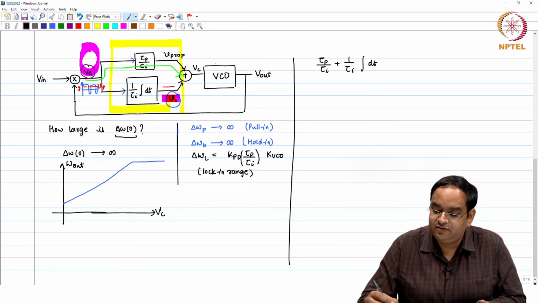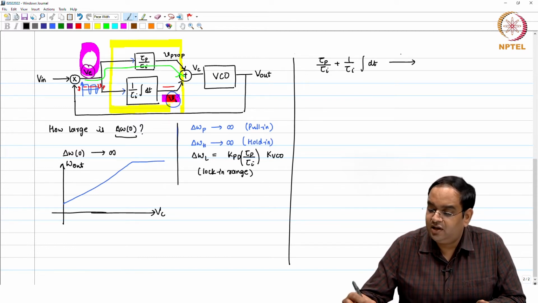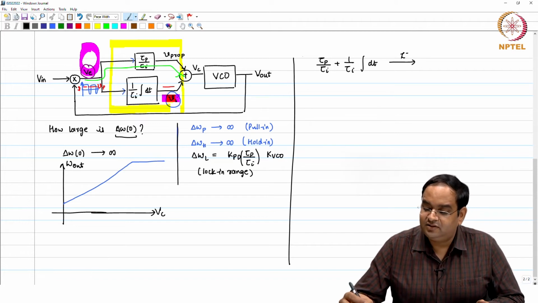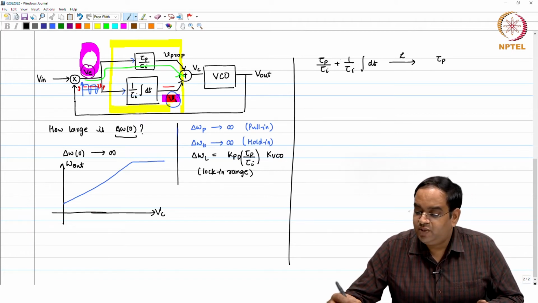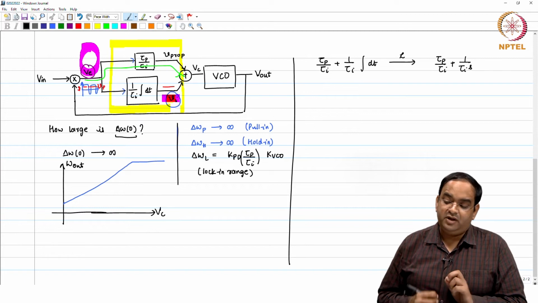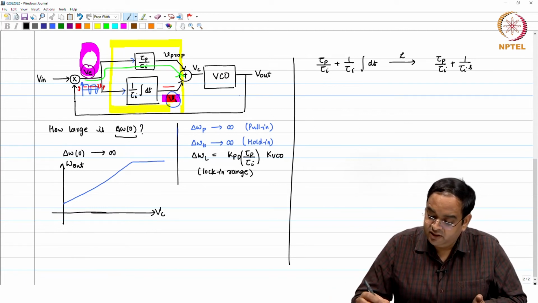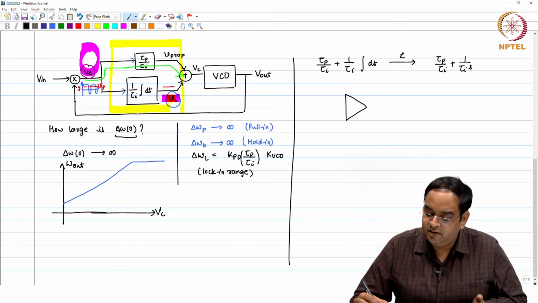This is our transfer function in time domain. In Laplace domain, it translates to tau p by tau I plus 1 over tau I s. So, this transfer function can be easily implemented by using an active integrator as shown to you like this,